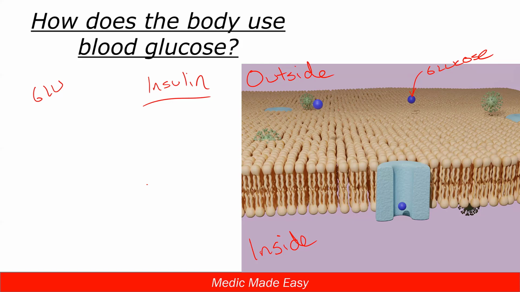What happens is we have little insulin receptors on the surface of cells. And we have this insulin that's floating around in the bloodstream. Let's go ahead and say these little square ones are insulin. When that insulin binds to one of those insulin receptors, these doorways open up.